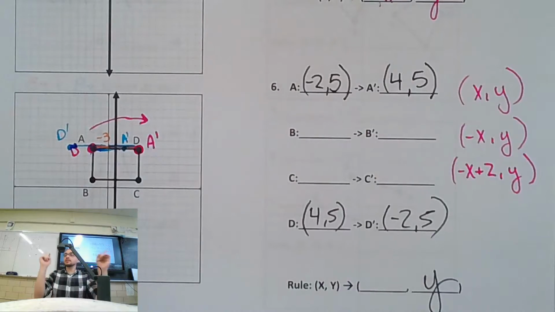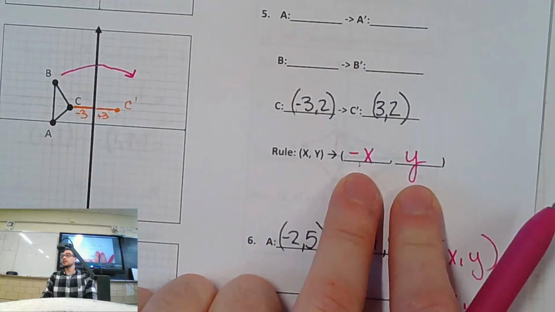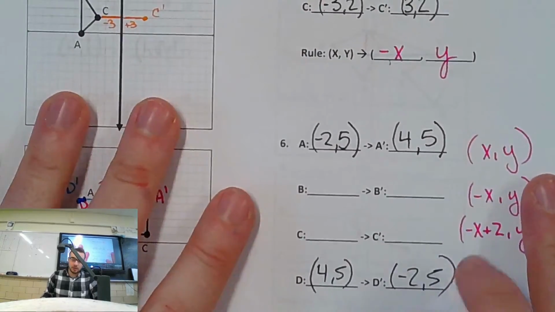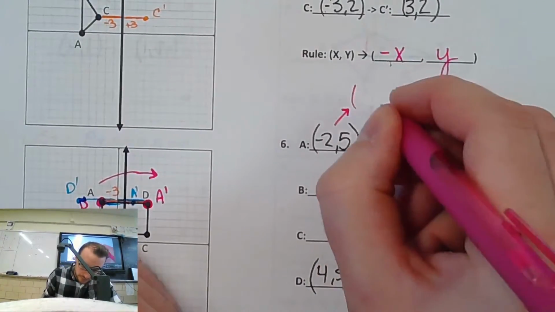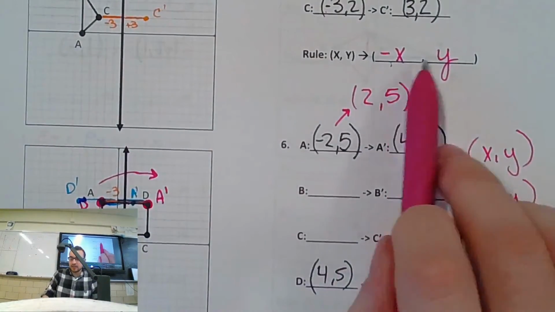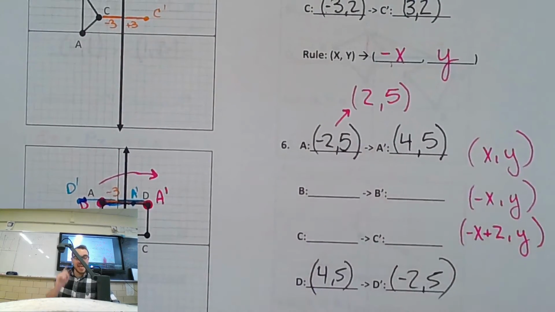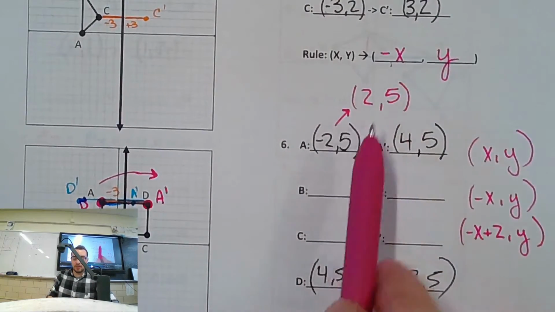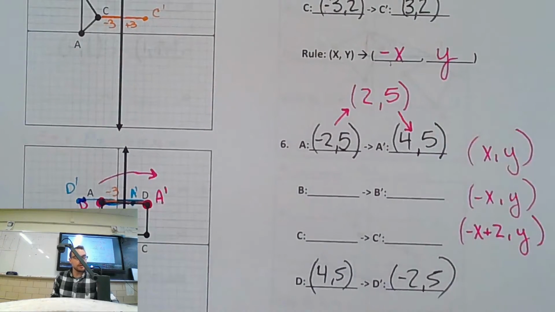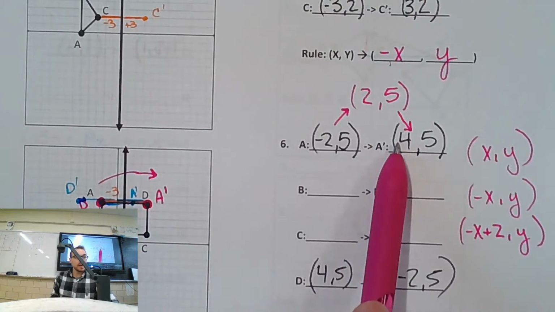So we know it's a horizontal flip, right? And we know horizontal flips do this, right? Negative x, positive y. Are you cool with that? Horizontal flip changes the x, right? Because it's horizontal. X is horizontal. So here's how I want you to think about it. You know it has to flip. This sign has to change, because you know you're going to do negative x, positive y, right? Are we cool? Then you need to ask yourself, after I apply that flip, how do I get from here to here? So Alex, looking at these numbers, what do I do to get from there to there? I add how much? 2. I add 2.